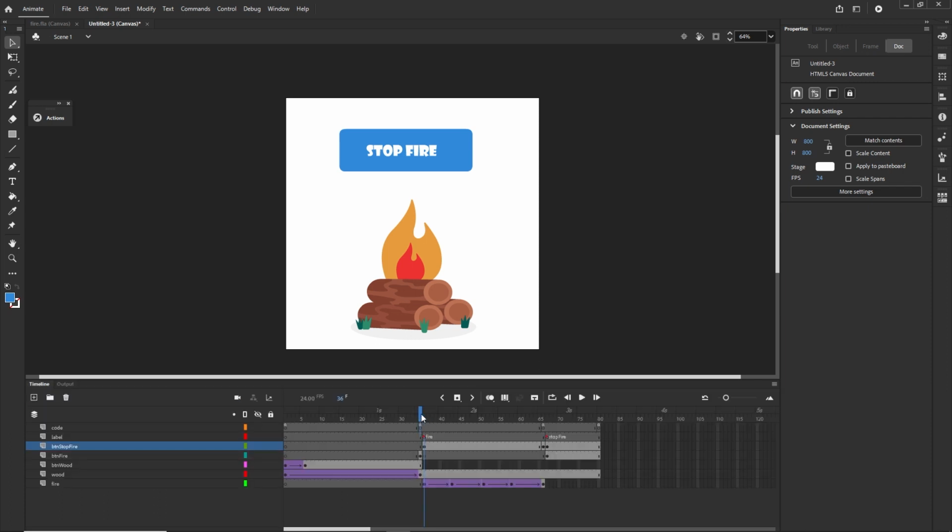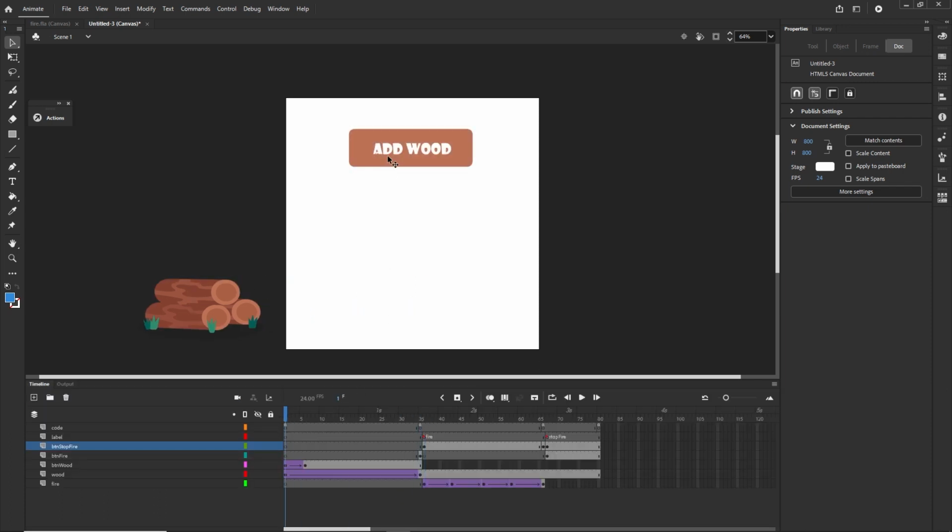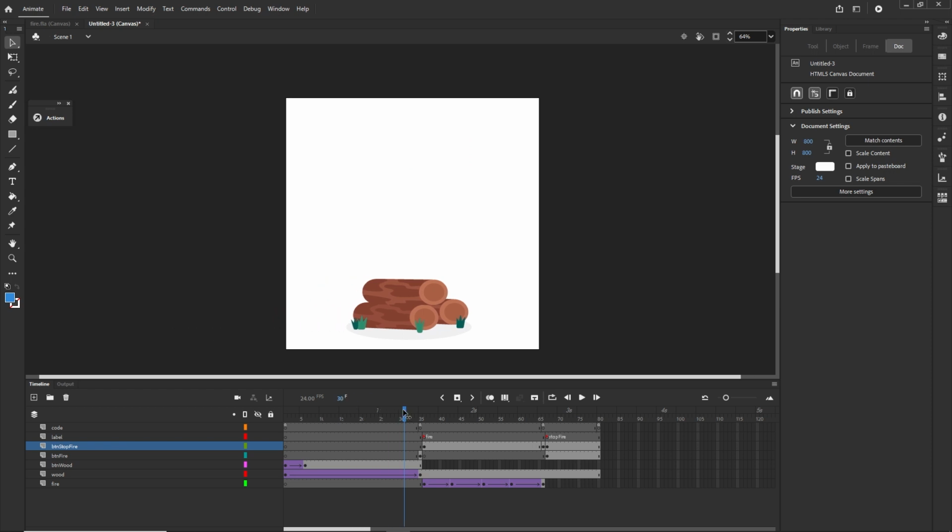So right now, one more time, a recapitulation. We are going to click on the add wood. We are going to play it until in here. We are going to have a start file button right now. If I click on this, it is going to play from the file. This button is going to disappear, and the blue one is going to appear, and it is going to be looping like so,